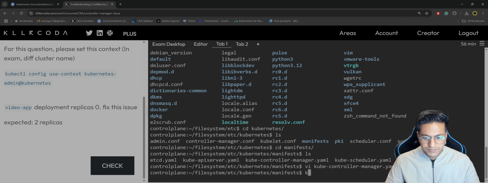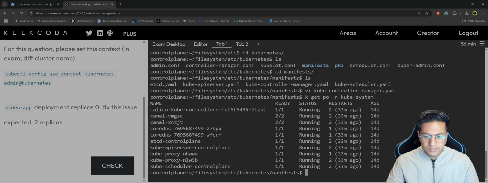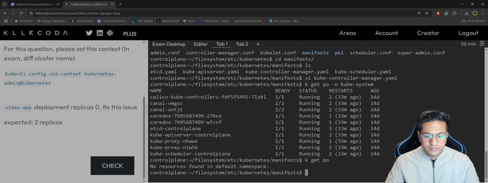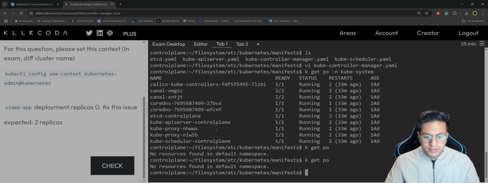Okay. Now if I do k get pod -n kube-system, suddenly it is working, right? Now if I do k get pod, okay, it's just gone. I think it will take some time. So if I just do it again,